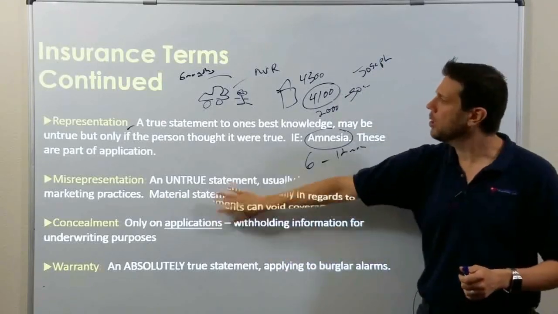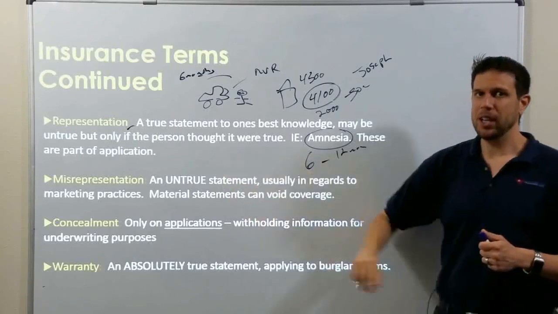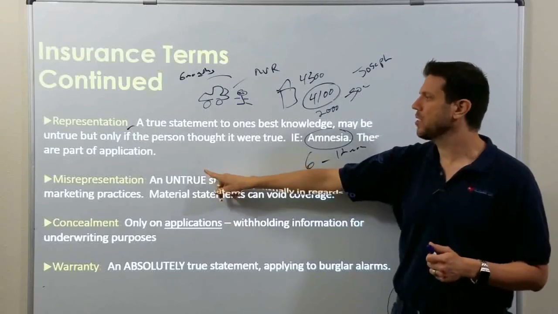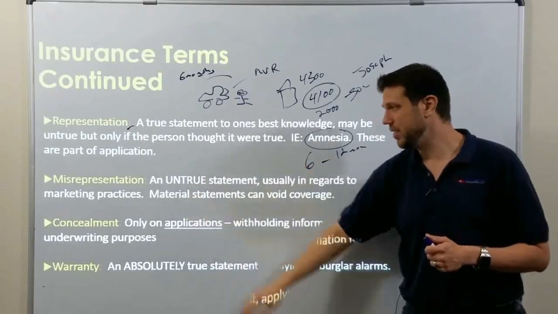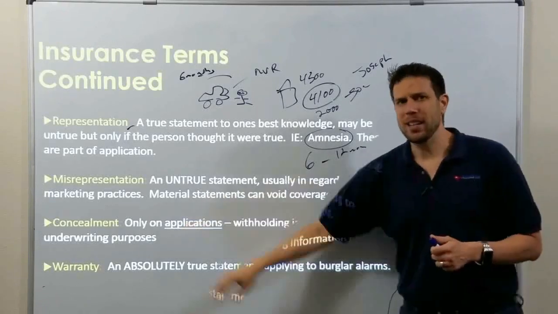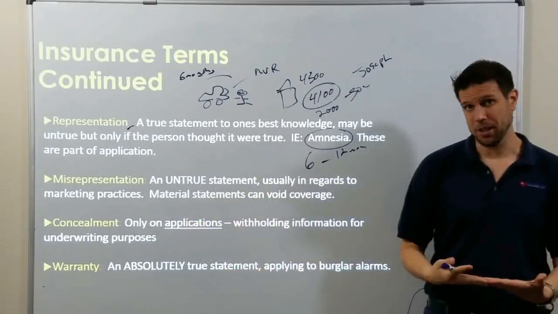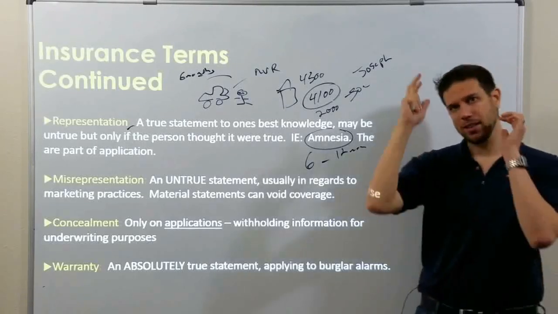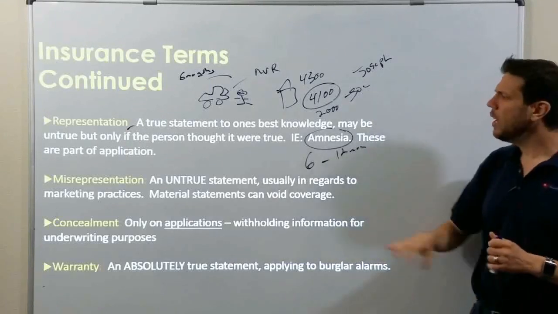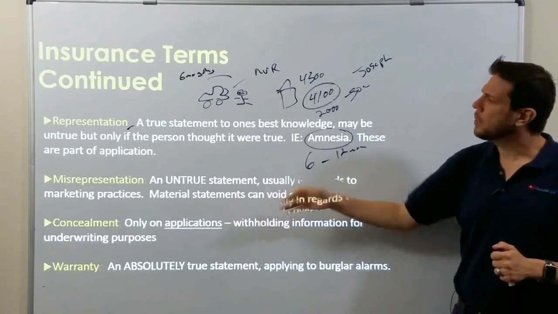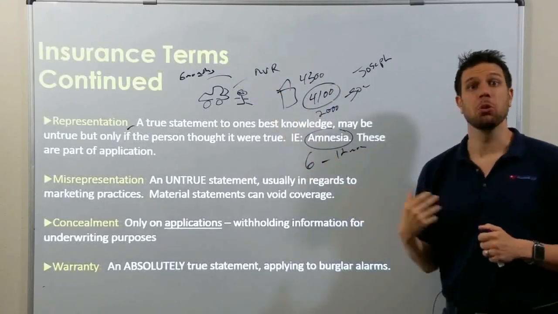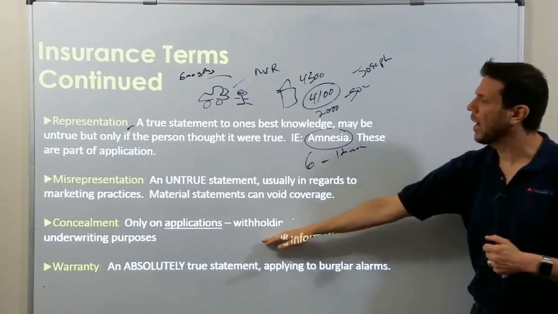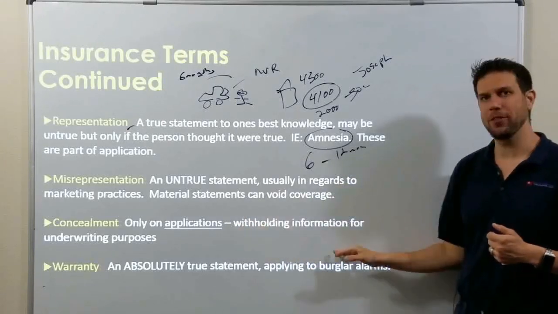Concealment is another part of misrepresentation. You can say all concealments are misrepresentations, but not all misrepresentations are concealments. Concealment is when you just don't say something. So you're going to insure people's houses and you're supposed to go out and take pictures of their homes. If the customer doesn't come up front with anything that's wrong with their house, that would be a concealment. That's when you withhold or hide information, hoping nobody finds out.